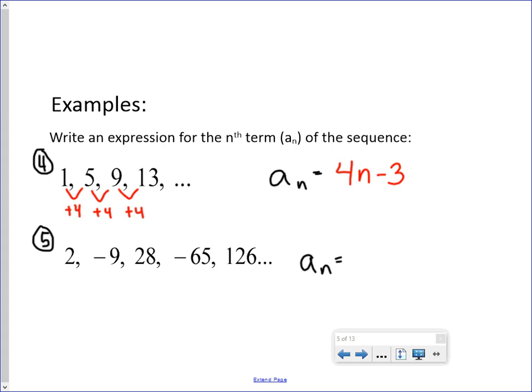We just did that. So how do you get there? How do you decide what that